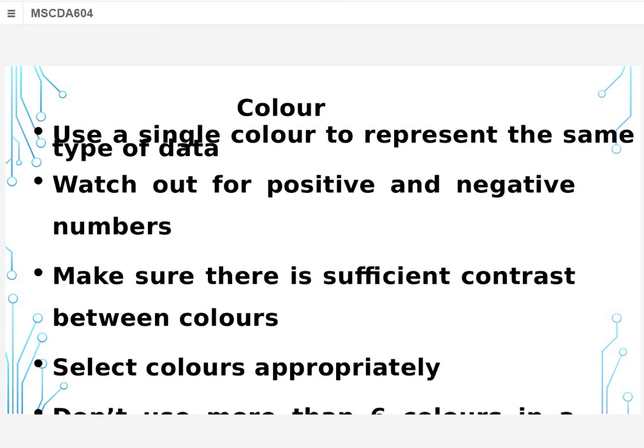We've talked about color before. Use single color to represent the same type of data. And you need also to watch for positive and negative numbers. And contrast, color contrast is also very important. And choice of color is also appropriate. If it's just data presentation,